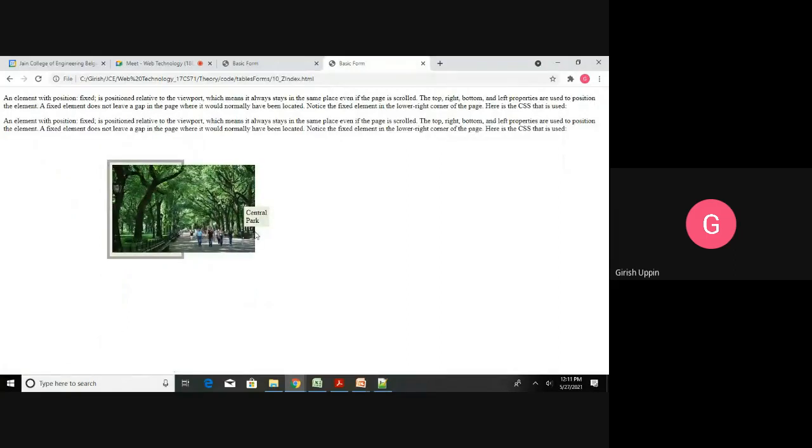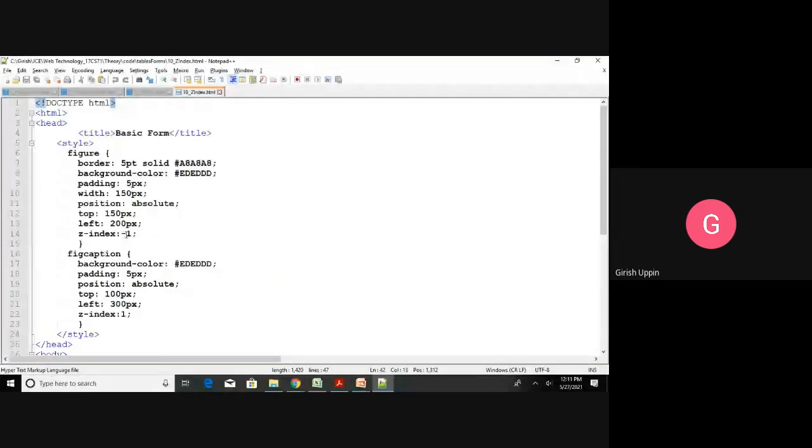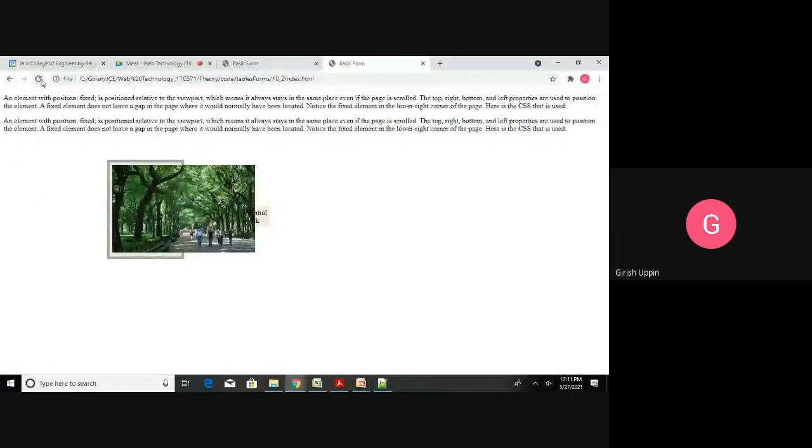Okay, you can see here this is the figure, and on top of that we have the central park. If you want to change that, then we can do that. We will set this as 1 for the figure and -1 for the figure caption. Okay, you can see now it has gone back. This one comes to the foreground and this goes to the background.